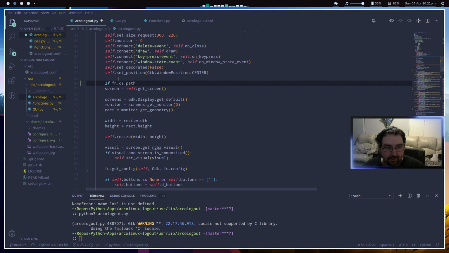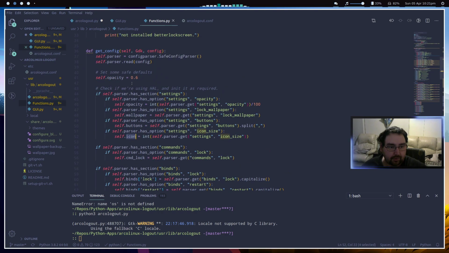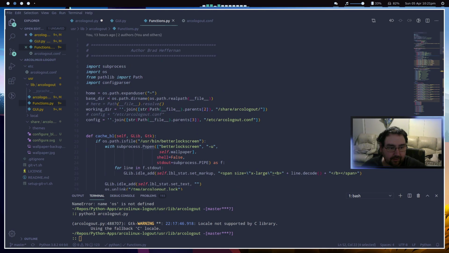fn.os path, its directory. We're going to say if not. Gotta see what I did with the Linux side of things. So we're gonna have to